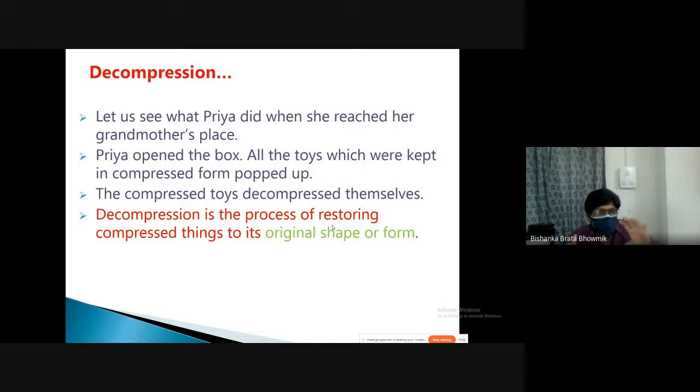So they will also understand that compression means we are doing this because we have less space, but we have to take all the data. Once we compress it, put it in a box, and transfer it to another place, we open this box, and the dolls get their previous shape. That means we are decompressing this stuff.